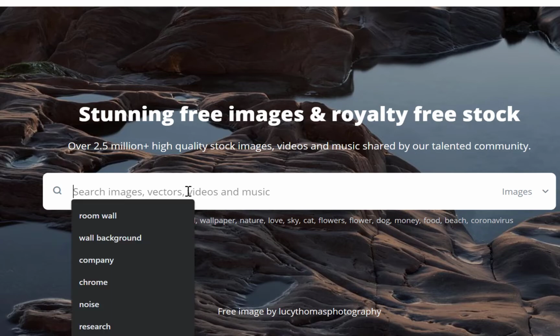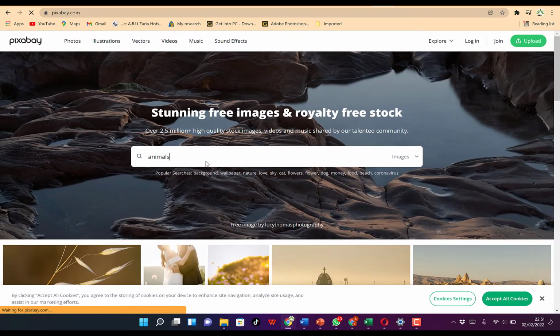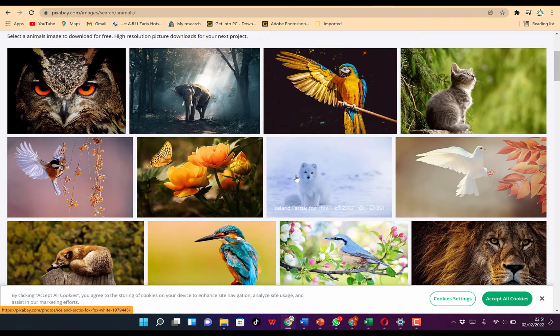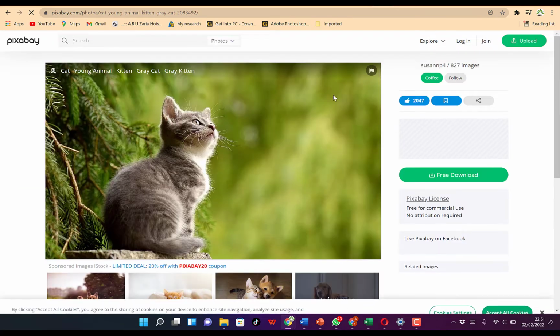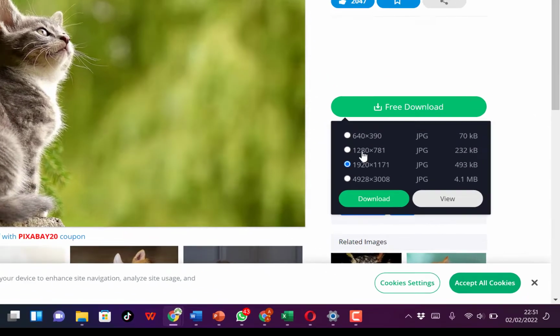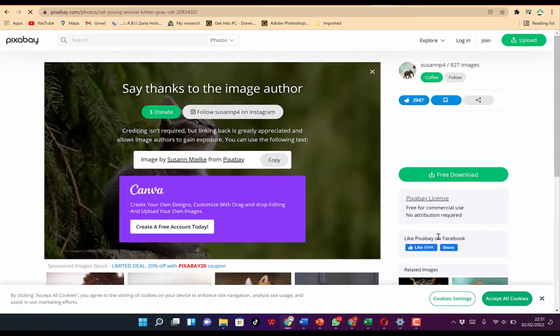So you can just search for anything. For example, you can say animals, and you can see them coming up. You can see different kinds of animals, and check around depending on which one you like. For example, assuming I like this, you can just click on it and come over here and say download, and you can specify the resolution from here. If you want lower resolution, you can see the corresponding sizes from here. If you want higher resolution, you can see the corresponding size. So let's say we go for the smaller one and we just click on download,